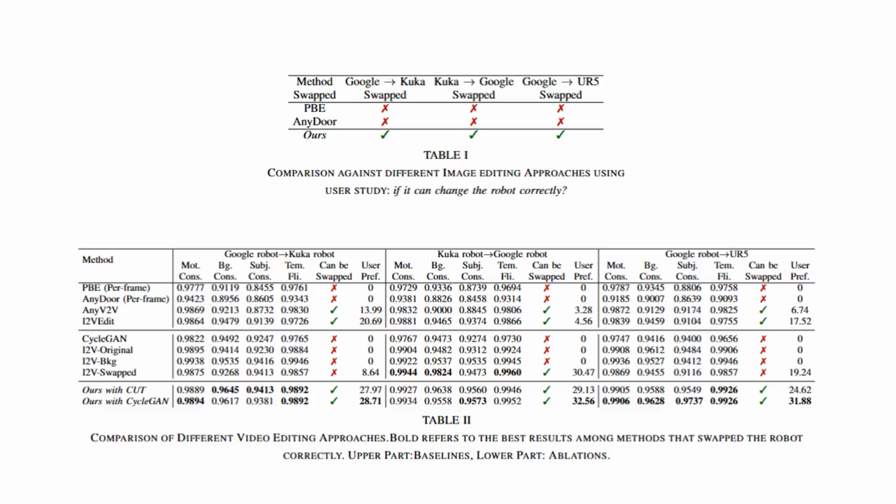We conduct both qualitative and quantitative evaluations. For quantitative evaluation, we adopt VBench, while for qualitative evaluation, we perform a user study to assess whether the swap is successful and which methods are preferred. Our experiments demonstrate that RoboSwap outperforms state-of-the-art video and image editing models on 3 benchmarks in terms of both structural coherence and motion consistency, thereby offering a robust solution for generating reliable, cross-embodiment data in robotic learning.